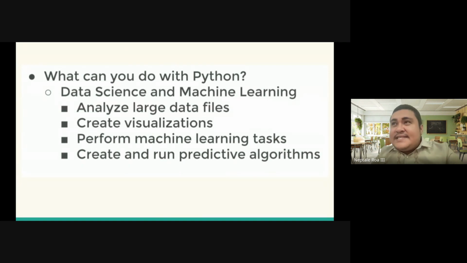Since Python is easy to, kumbaga, those who are data scientists, diba? Let's admit it, they are not programmers, but they are data scientists. And then it would be a disadvantage on their end to learn programming just to do data mining or data science. So with Python, even if you don't have enough knowledge on how to do programming, as long as you know how to execute data cleaning, data processing, data formatting, and the process of machine learning and data science, it would be easy for you to analyze large data files.